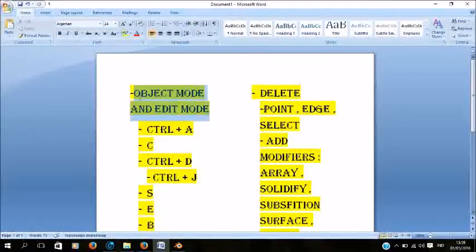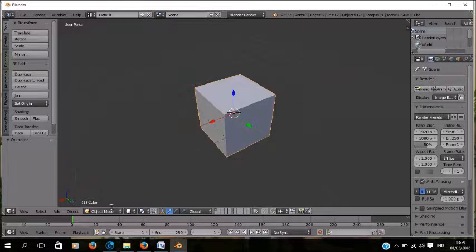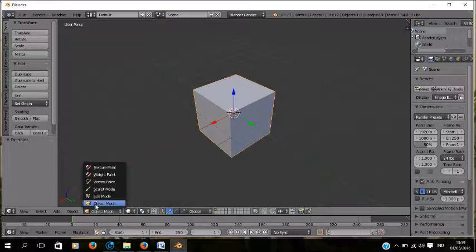The first thing I'm gonna explain is object mode and edit mode. So, let me take object mode. Object mode is something that is done. For example, the worker is creating a table, and when it's in object mode and it's done, it's ready to sell the table. Okay, so edit mode